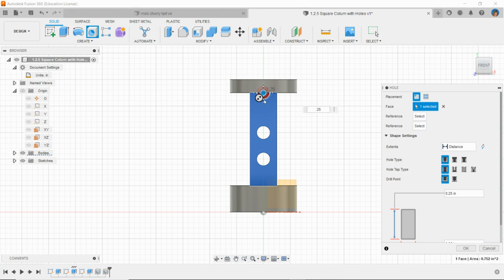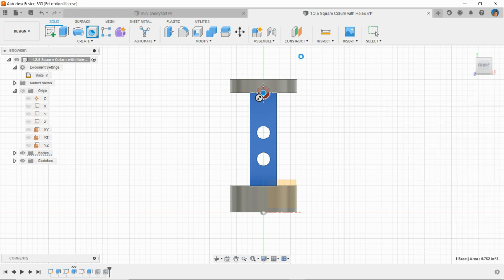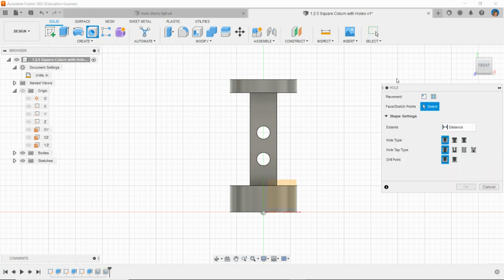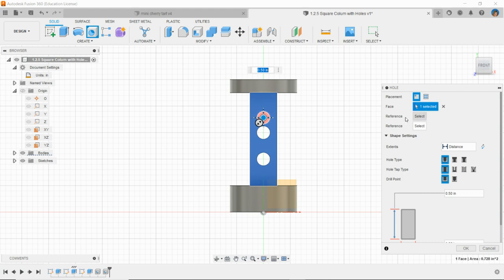I'm going to do my select, and I'm going to actually, let's see, let me cancel out. Let's start this over. Give it a minute. There we go. Let's try that again. It was giving me some glitching. So I'll start with my first reference,